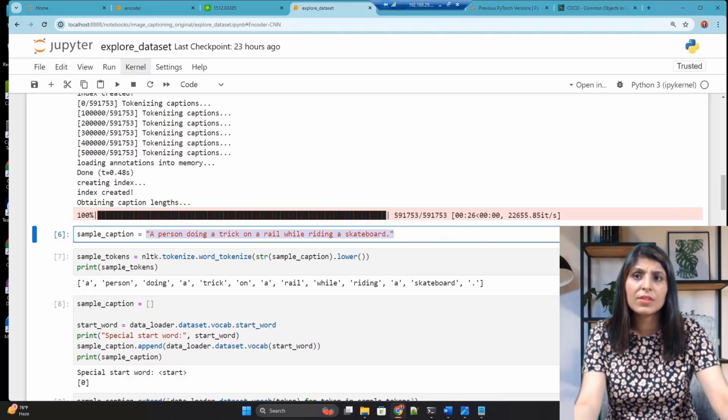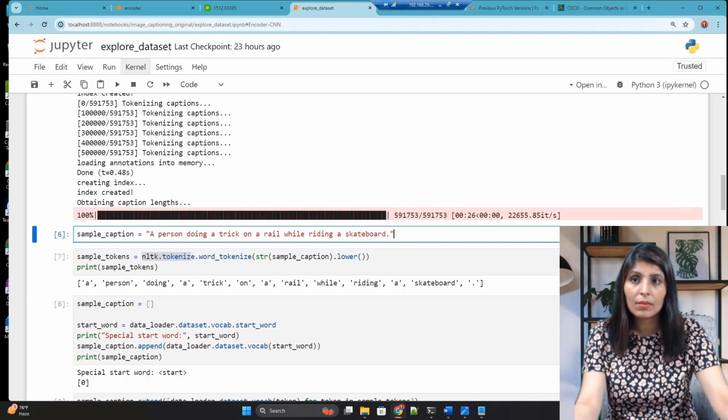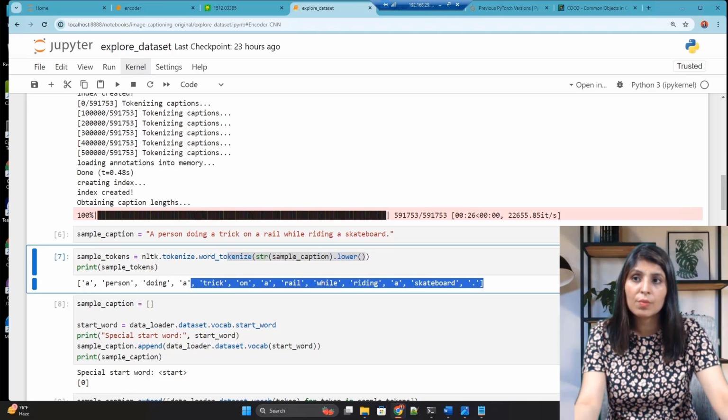Let's say you have this sentence stored in this variable. First we use NLTK: we convert the sentence into lowercase, then tokenize it, and you'll get this kind of output.